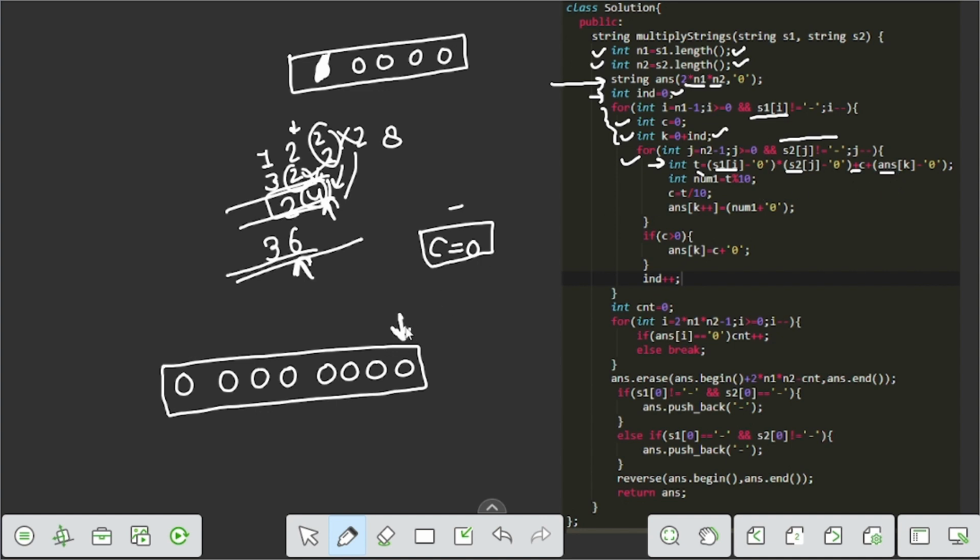at that index, and we want the index number of that answer, which is answer of k minus 0, to use the number.